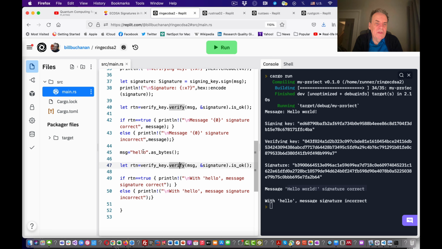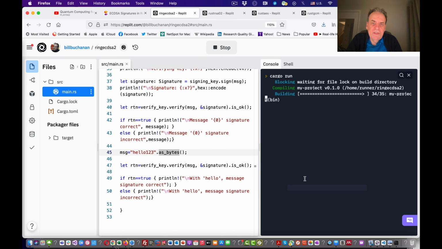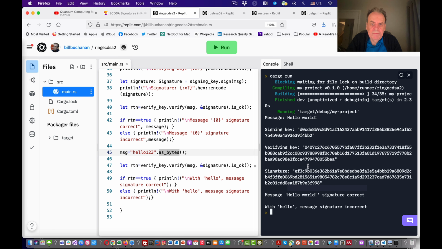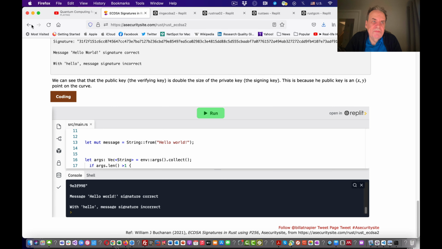If we wanted, we could put in the wrong message in here, and then when we try to verify the message, we can see that the message is incorrect with the word hello in there. Okay, so that allows us to check for ECDSA signatures.